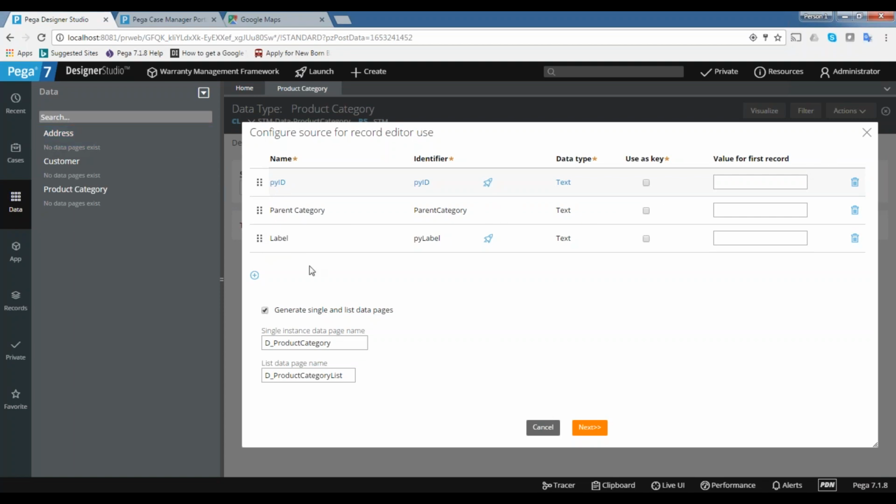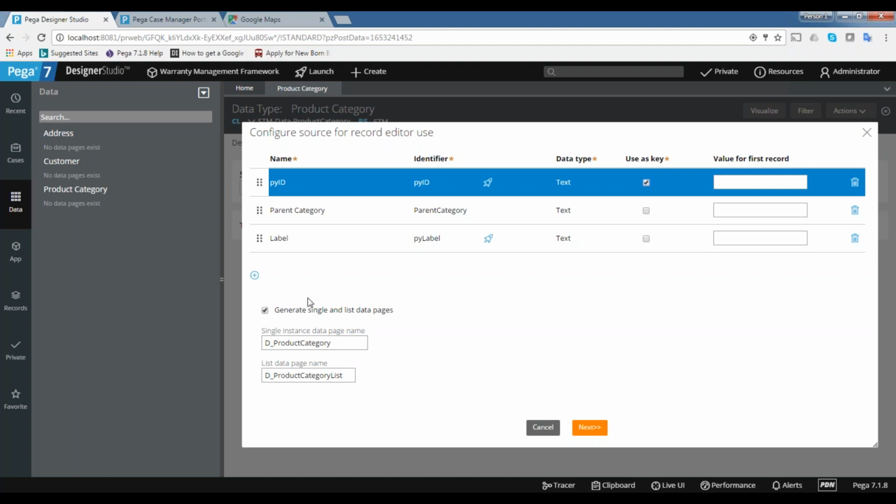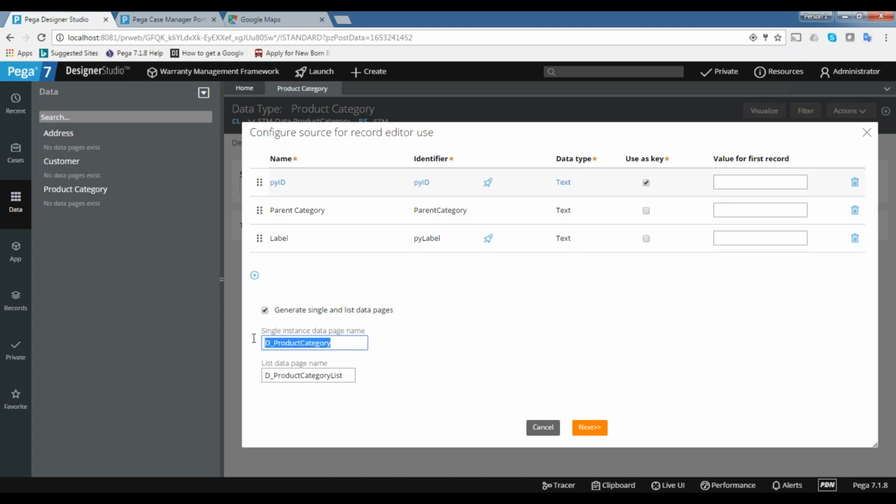Out of this, one will act as a key to get the value. Then you can see in the bottom, the system is creating two other rules. Those rules are called data pages. We will discuss them once we add these things. The system is adding two data pages: one is the lookup data page, single data page, and one is the lookup list data page.